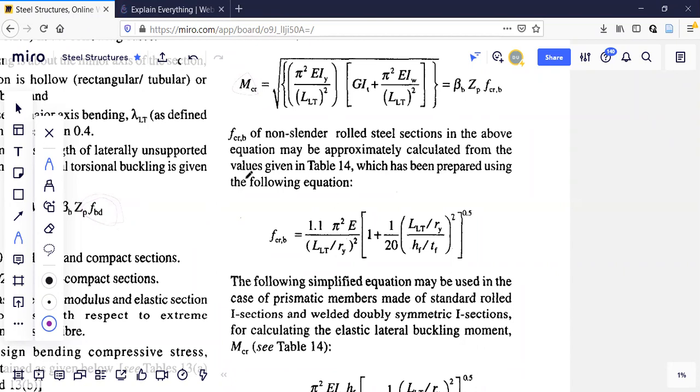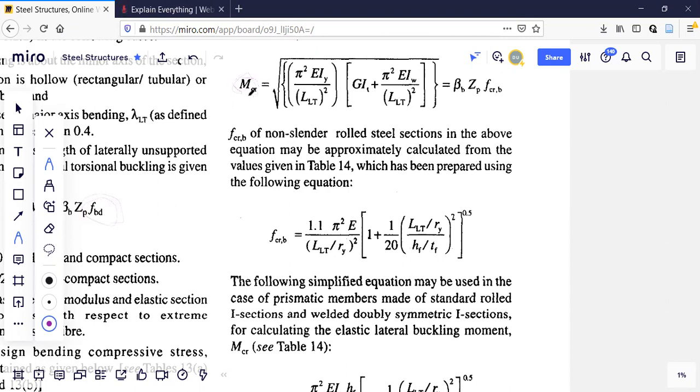Two methods I have already discussed. One in which the table was used and interpolation was done to get the appropriate value. In the problem that I have given you as assignment, the author has solved using MCR calculation. But you try with both. When you submit the assignment, the same problem you should solve by both methods and submit it. You can calculate using MCR also, which I'm going to explain now.